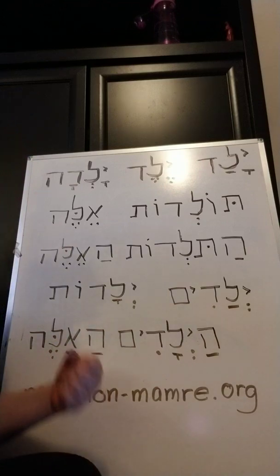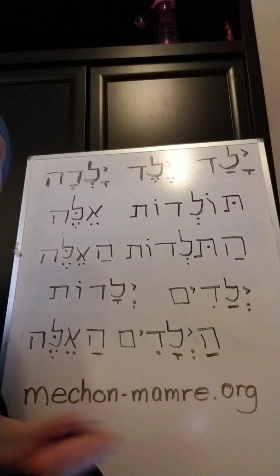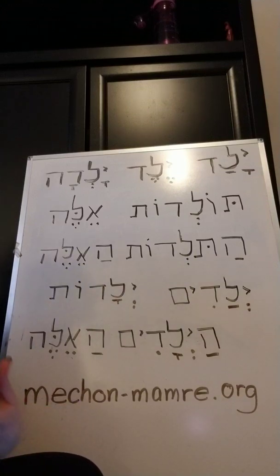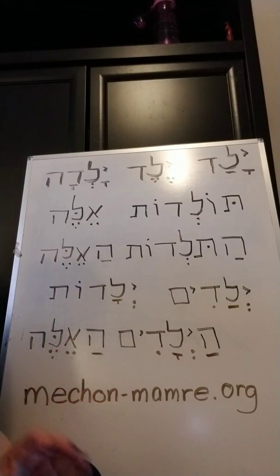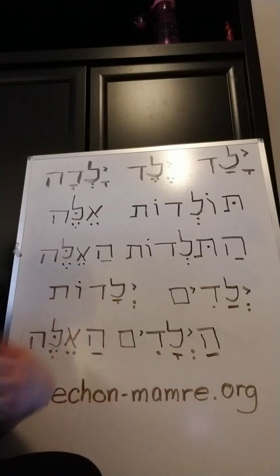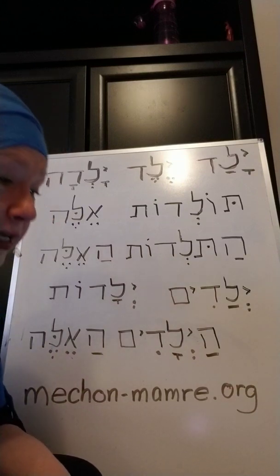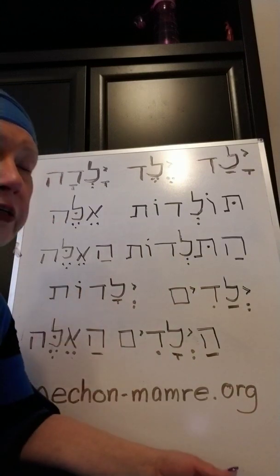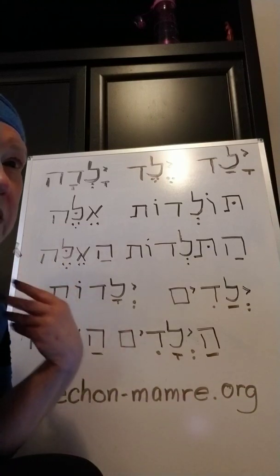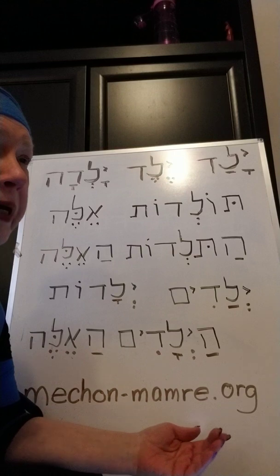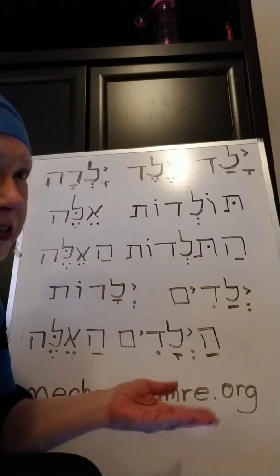Now, if I'm going to cause somebody to come somewhere, what do I do? I haul them, I drag them, I bring them. And so that's what the hifil does. It changes it to something that the speaker made happen. So this is the hifil for Yalad. And it means he caused to be begotten. But in our thoughts, to cause to be begotten or to beget aren't really different actions here.